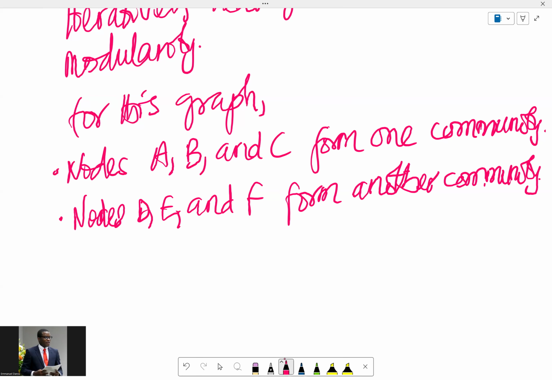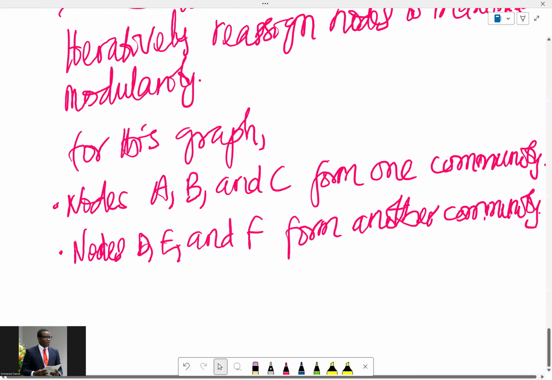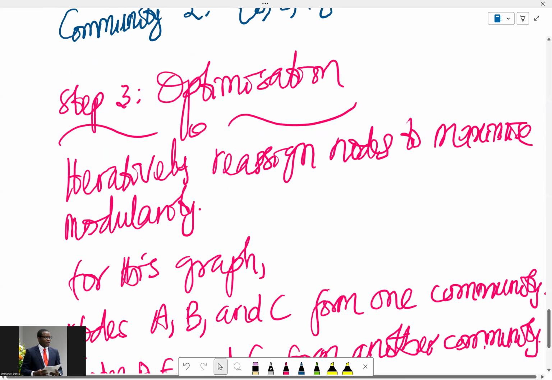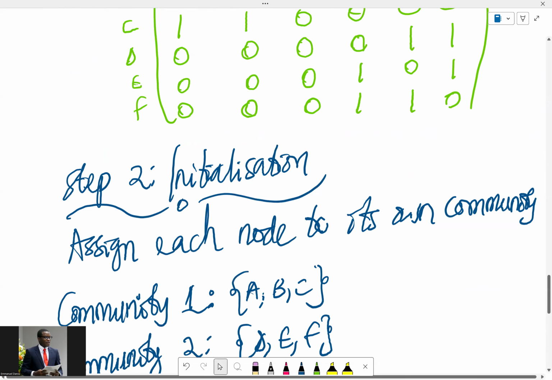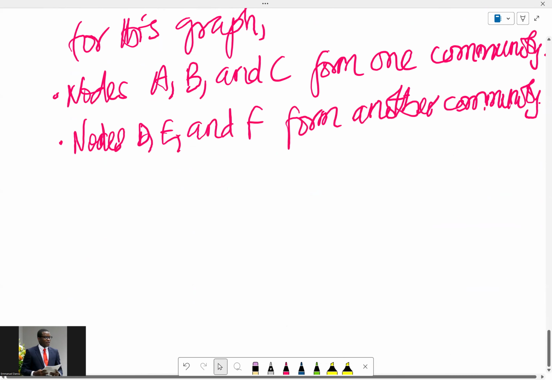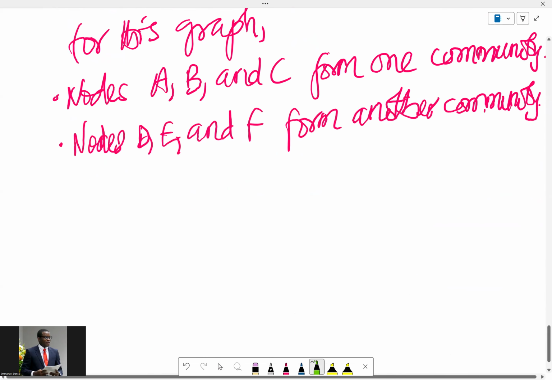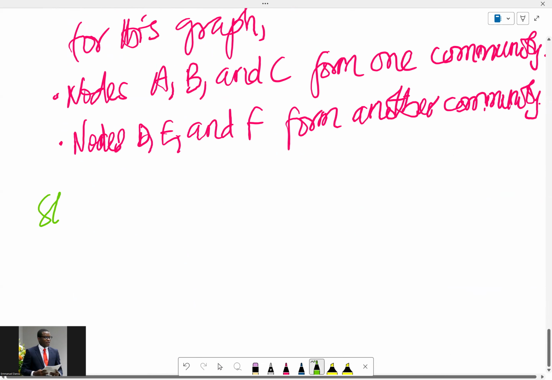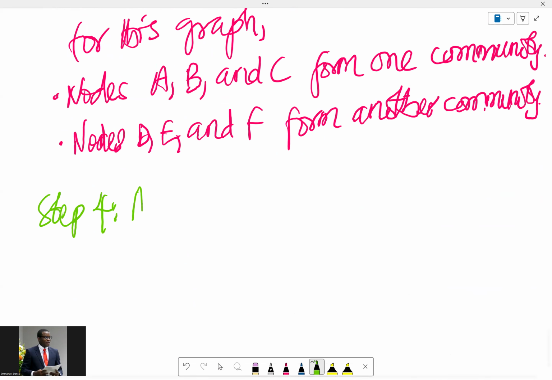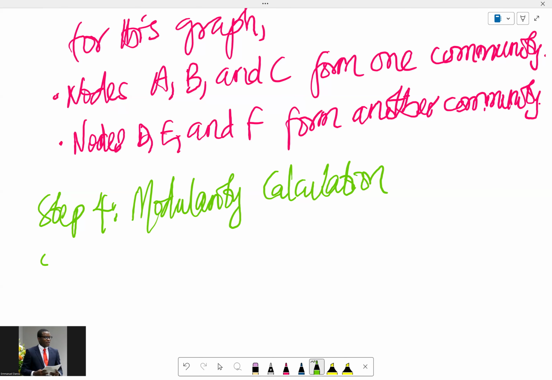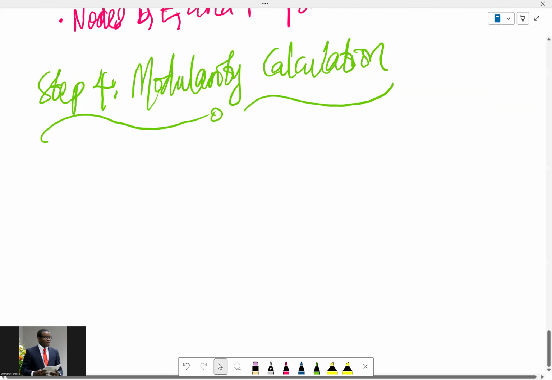And then after all this, we go to step 4. So for step 4 now, we do our modularity calculation. So for this now,